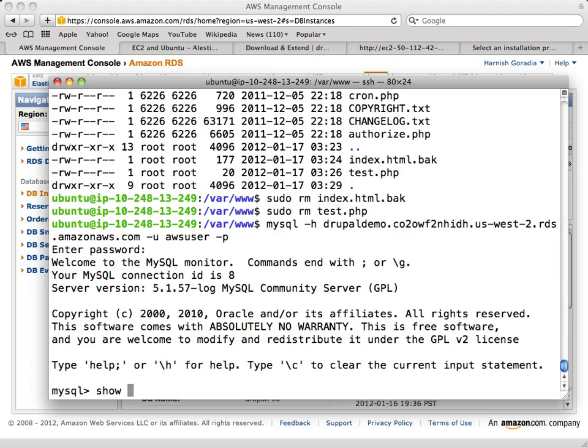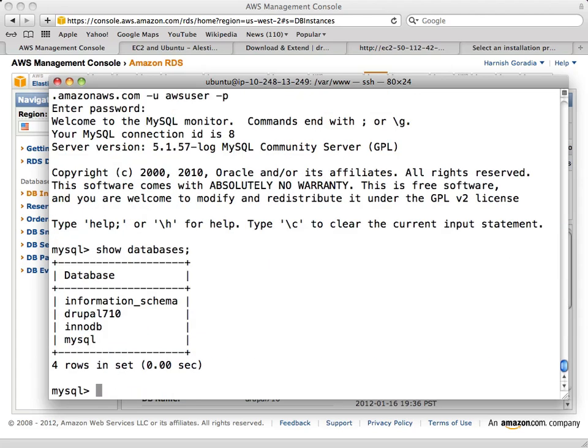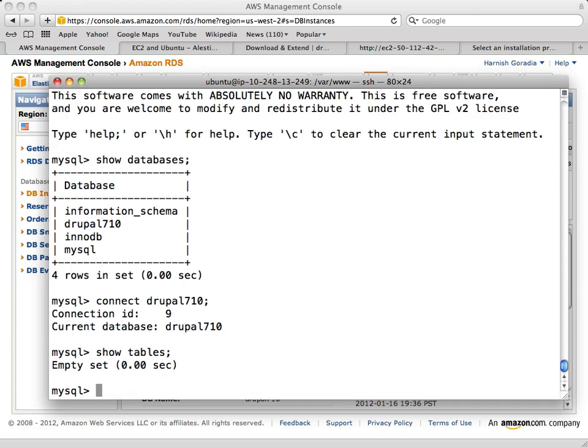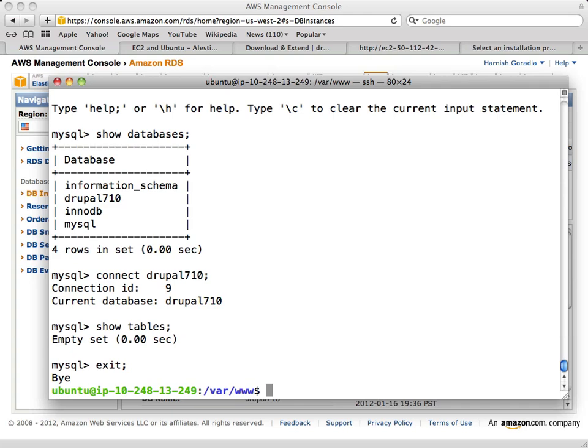So that's our Drupal 7.10 that we created. Connect to Drupal. It's an empty set. All right, so at least we know we have connection. We can reach that place.